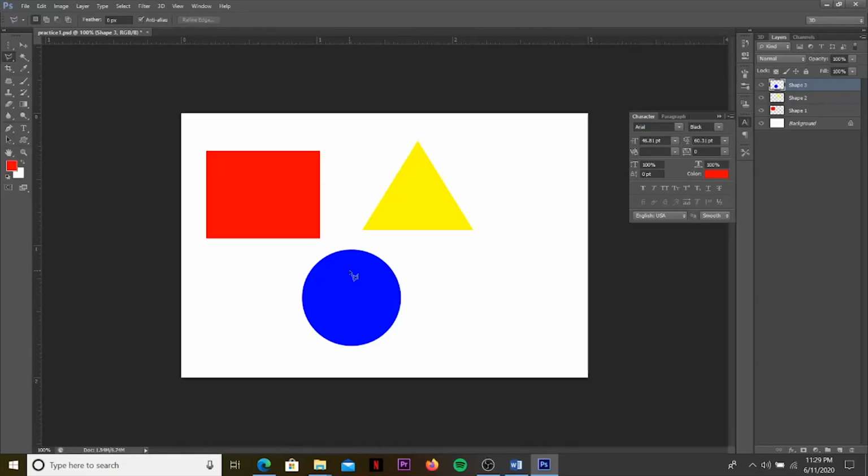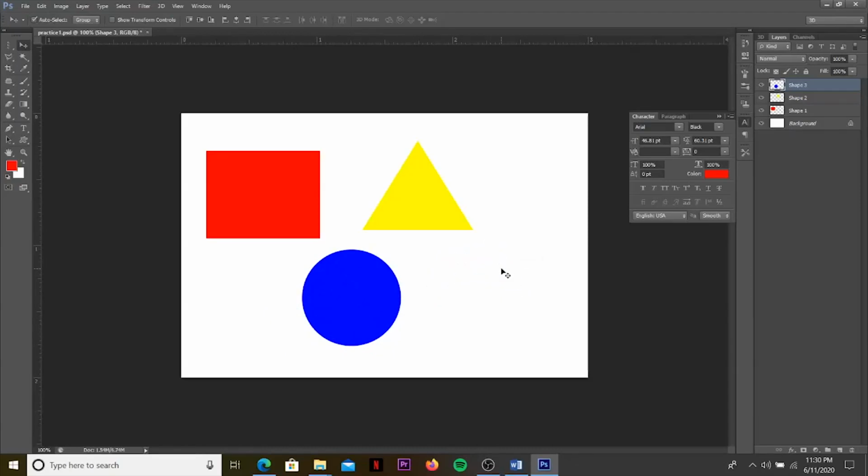Polygonal Lasso tool, how does it work? It is slightly different. You have to click here on one side. Again, the next point you want to make here, then this, and this. Then double click there just to finish the selection. To finish your work and make the selection, you have to double click there, and you'll get the same. If you want to delete or move, select the move tool, and you can move it